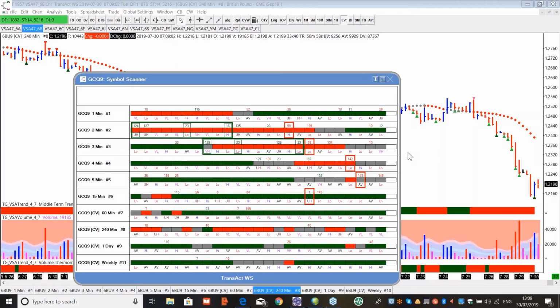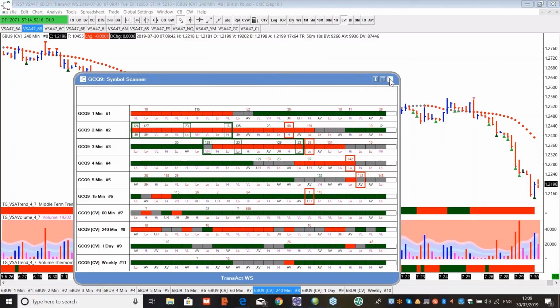Okay, so let's go back quickly to explain to you the scanners. We're starting off with gold. You can see here at the moment we've got what we call a mixed message. In this instance, this is not TopBot that we're using here on these scanners. It's looking purely for trend alignment, and you can see the weekly and the daily and the 4-hour and the 60-minute and even the 15-minute are aligning to the upside. We're starting to look here for potential longs on gold when these align, because we're almost in trend alignment.